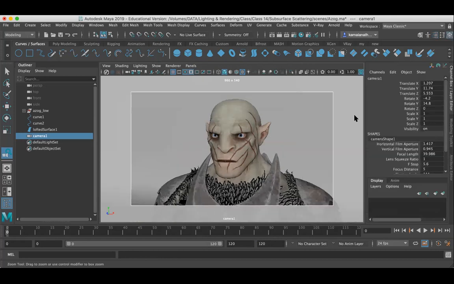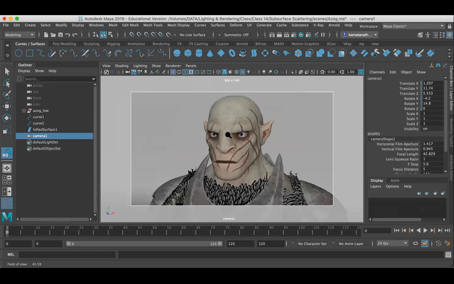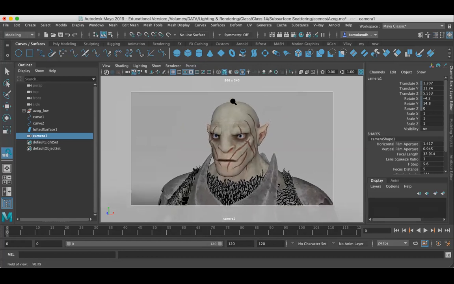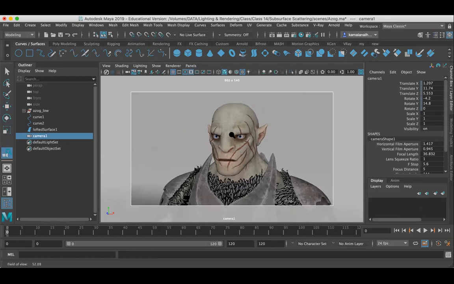Once your camera is set, now lock your camera so that you cannot move. I can zoom, right? So I cannot move right now. You can see here. Yeah, this view is fine.